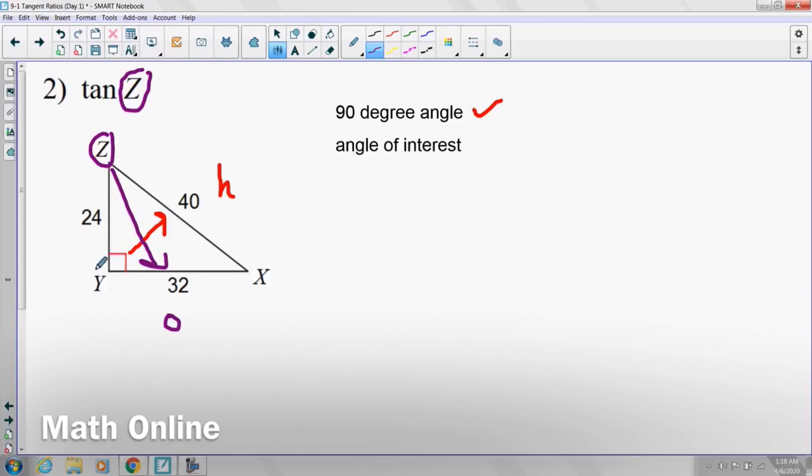All right? So now we know the hypotenuse. We know what the opposite side is. So therefore, by default, the remaining side should be known as the adjacent side. And for today's ratio, all we need is the opposite side and the adjacent side for tangent ratios, right? So once again, for tangent ratios, or tangent of z in this case, all we need is the opposite side over the adjacent side. That's all you need. But in this case, of course, we need our answer. We need to substitute these values, right? So tangent